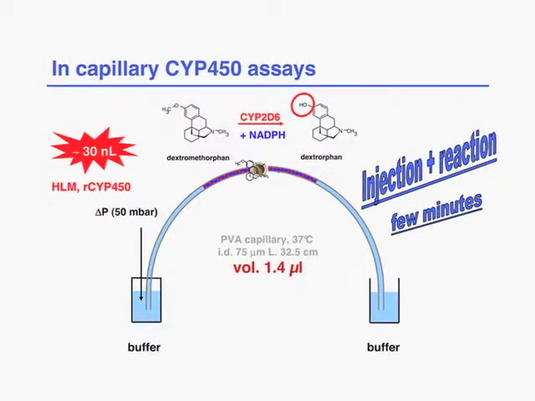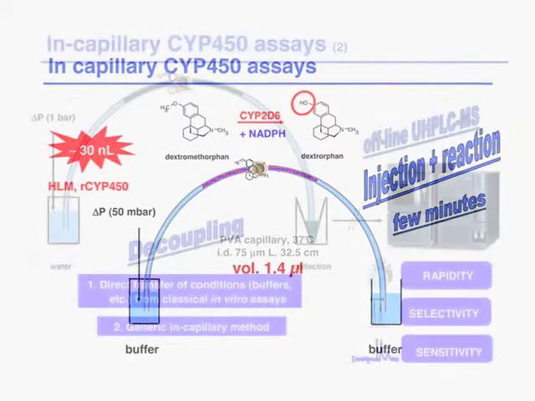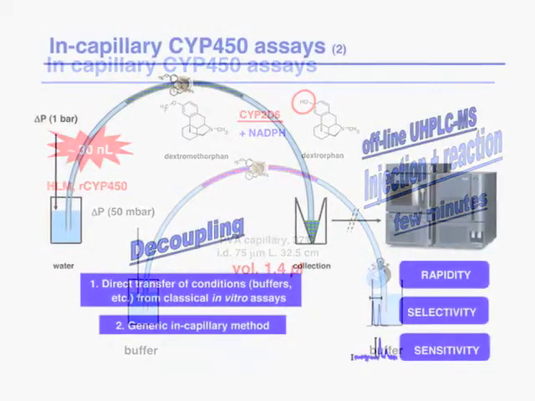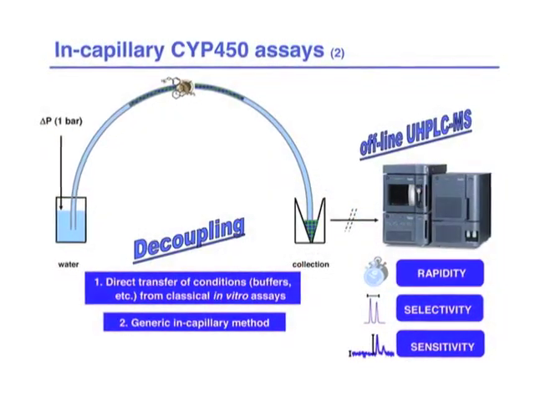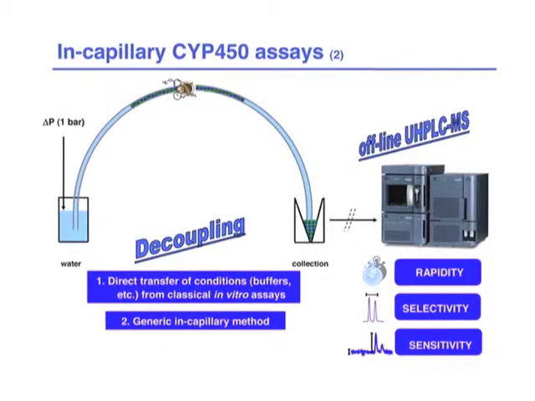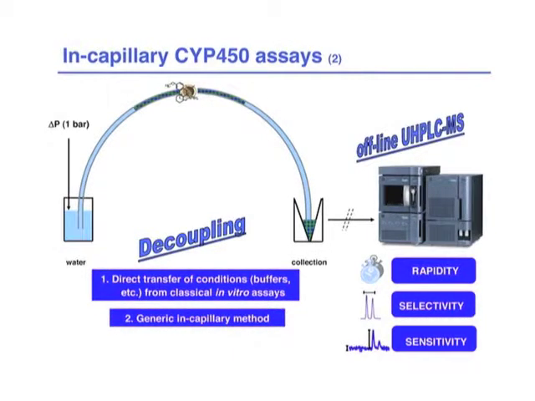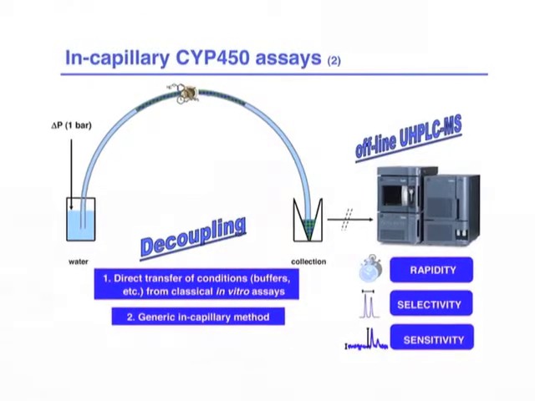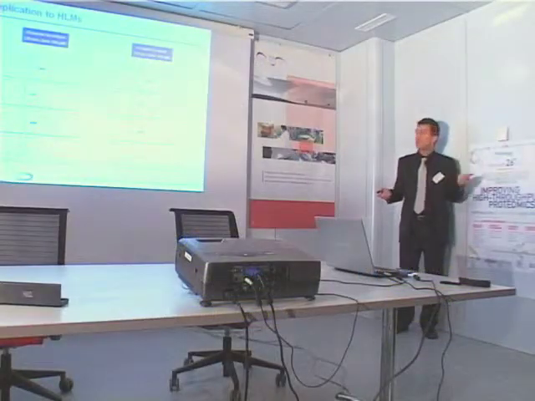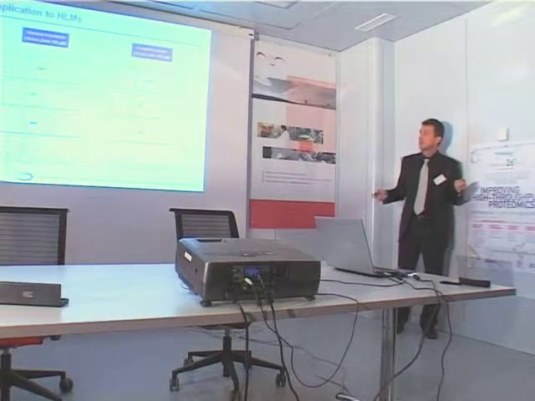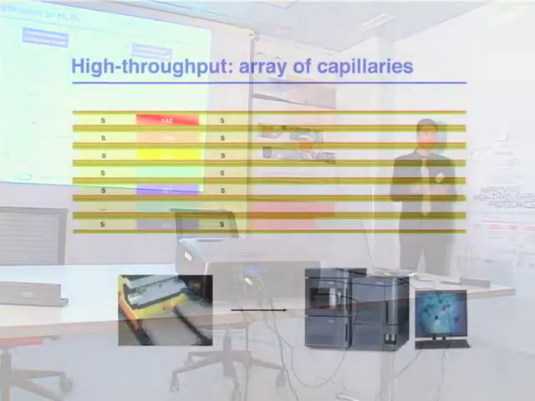It is not a capillary electrophoresis. It is just a capillary which is inactive and where we have the mixture. When the reaction was done, we flush the sample into an acidic solution in order to stop the reaction. And we obtain exactly the same results as obtained in solution with cytochrome P450s or with human liver microsome. We obtain exactly the same results, but we decrease the consumption by a factor of 500 as an example,